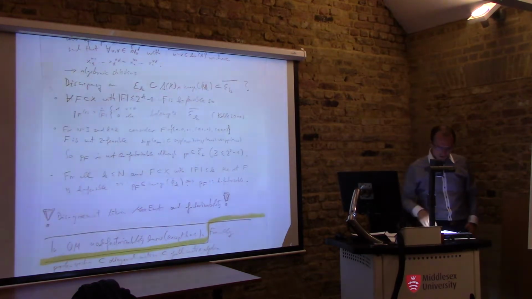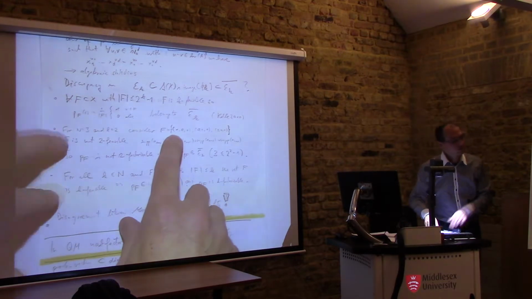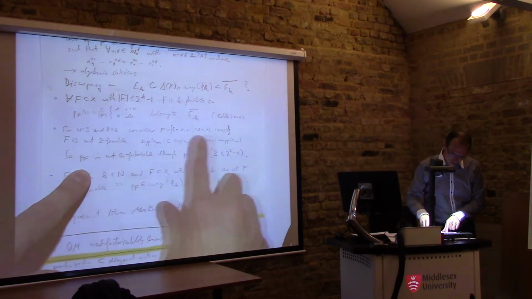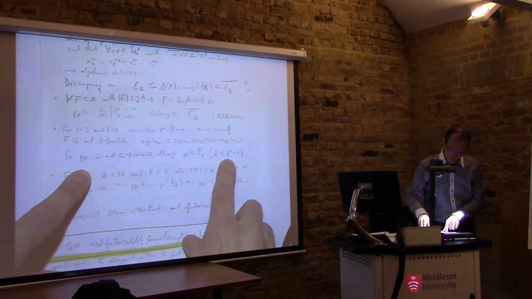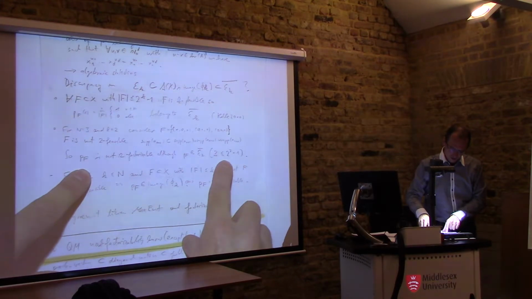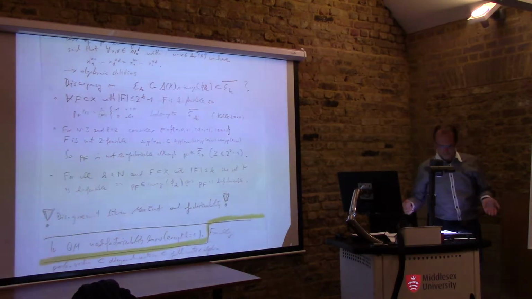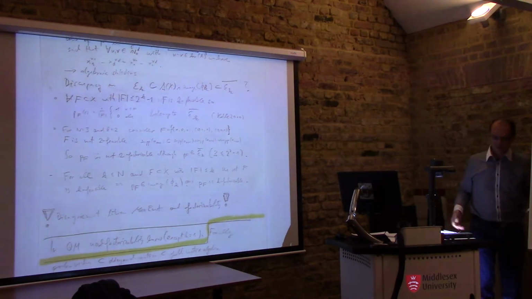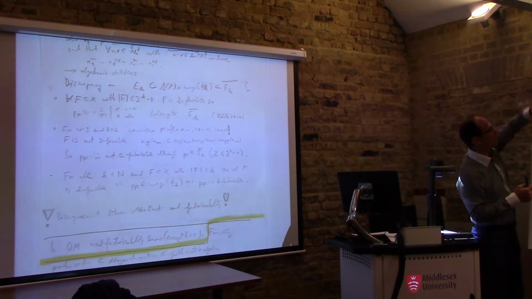On the other hand, it's easy to show that this set is not feasible. I will show you this on the blackboard in a second. And if you compare the dimensions, this set has 3 entries. 3 is smaller than 2 to the power of 2 minus 1. So this is in fact in the closure of the exponential family of 2 interactions, but it does not factorize. And you can see it here in this